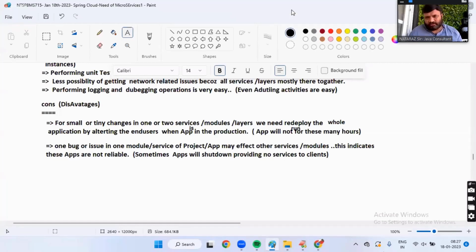Right. Thank you, guys. Okay. Tomorrow onwards, we will be studying more of microservice architecture, boss. I hope you got solid reasons to deal with